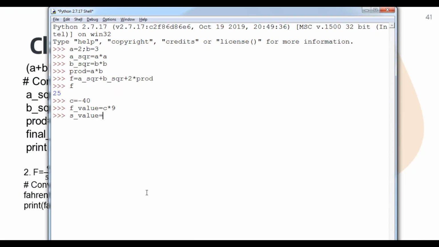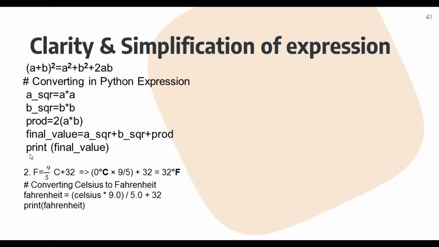So here first value divided by 5, and next the final value. You can see that I have taken the first value, the second will divide by 5, and at last 32.